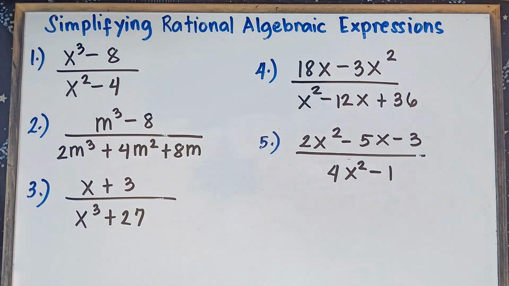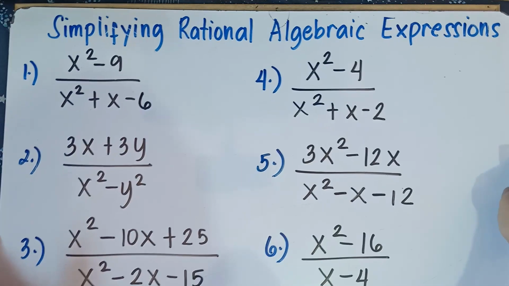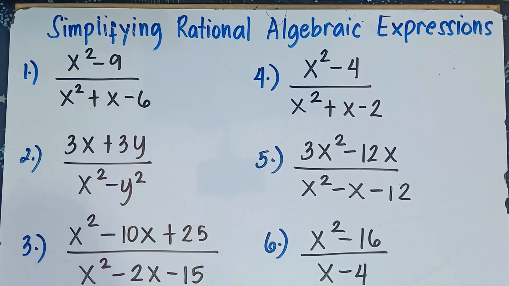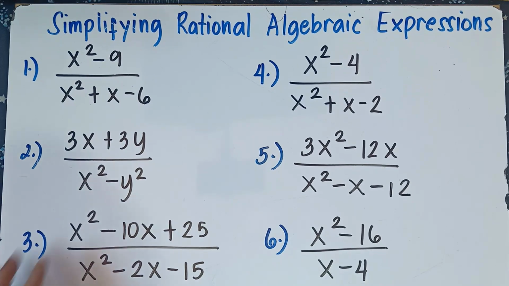And then for the part 2 class, we answered another set of simplifying rational algebraic expressions, and we dealt with the difference of two squares. We factored general trinomials, and there were many examples with regards to part 2.